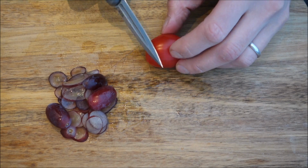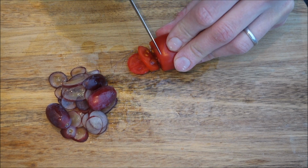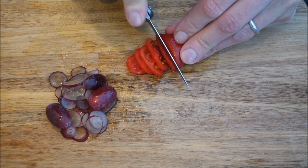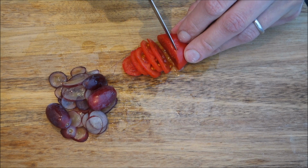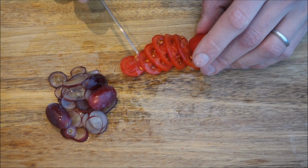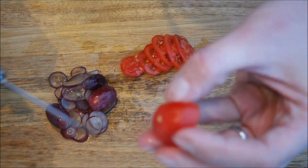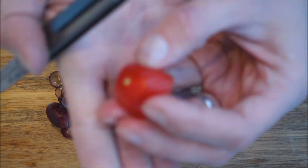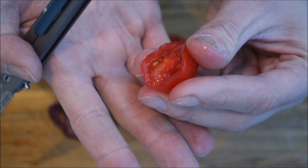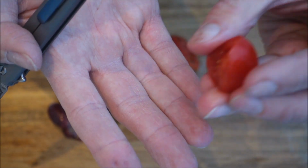Let's go with some of these cocktail tomatoes here. Tomatoes are always interesting to cut. They're a bit tougher, you know, the skin of the tomatoes. And these ones are probably not that fresh. Can we get some focus here? They're a bit mushy, really soft. I should throw these away, they've probably been in the fridge a few days too long, which makes it